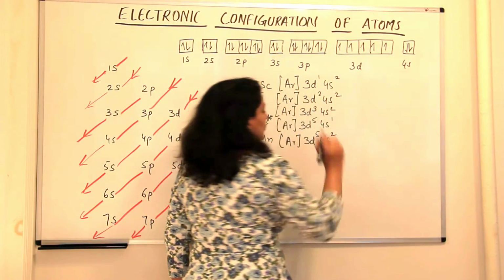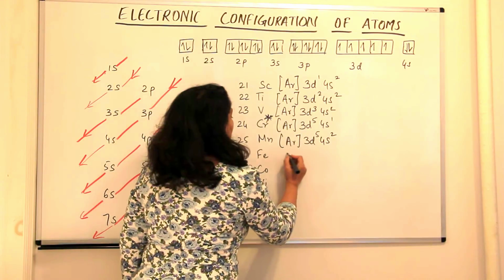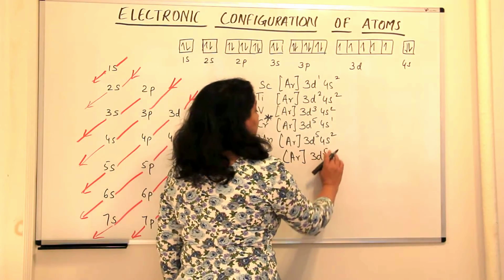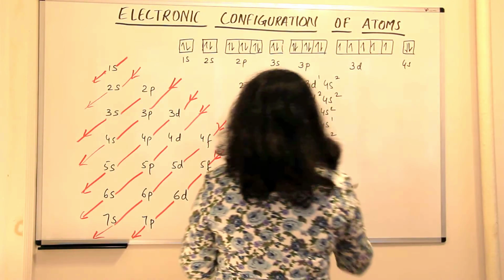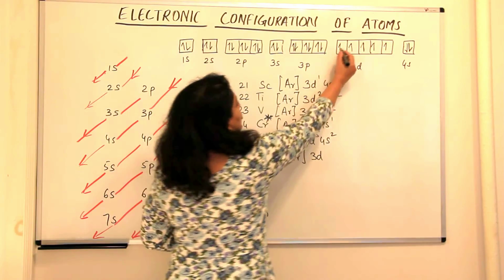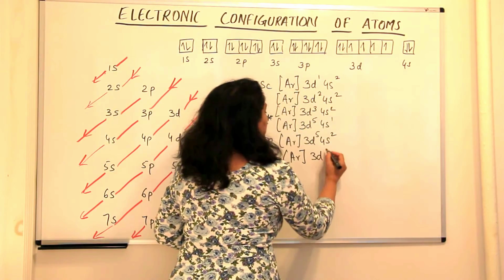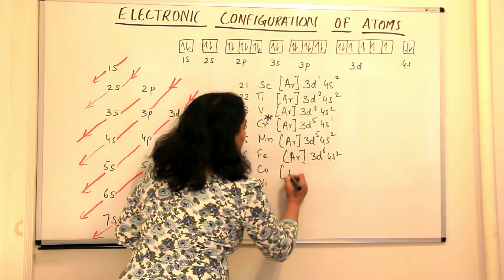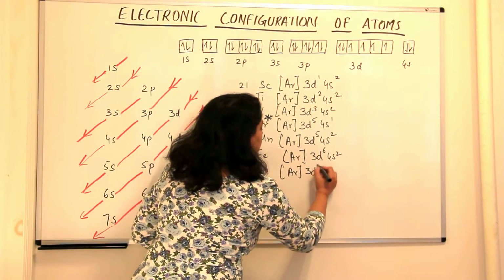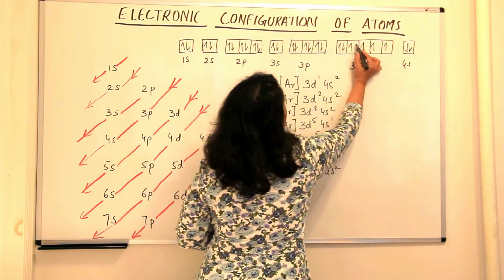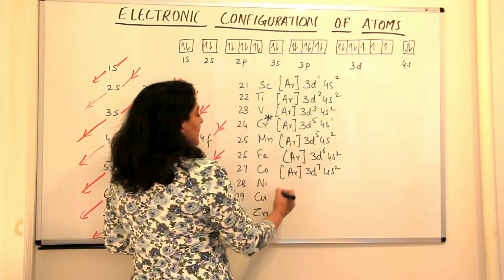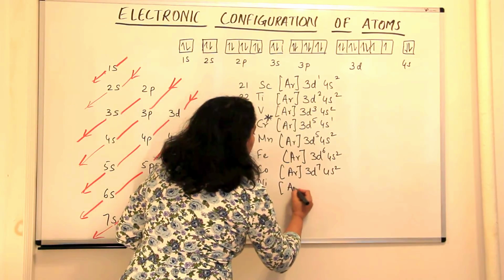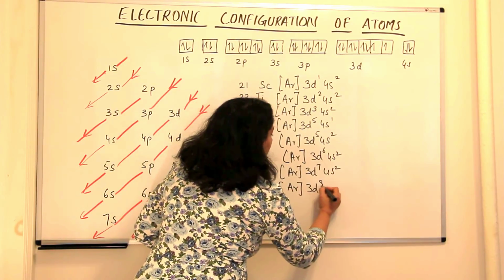3d5, 4s2. Right? Iron now would be argon, 3d6. The next electron of iron, the 26th electron, pairing in 3d will start, so it will be 3d6 and 4s2. Cobalt now is argon, 3d7, 4s2. The next electron here pairs. And nickel, as expected, the next electron would go here. So the 28th electron would be argon, 3d8, 4s